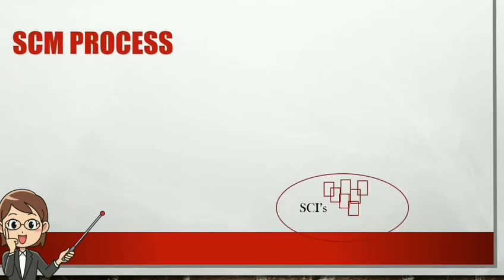The SCM process includes the SCM items, that is, software configuration items. Basically the SCM, that is the software configuration process, consists of a series of tasks to monitor and control the changes occurring. The main objectives of the tasks are to identify all individual items that collectively define the software configuration, and to manage the changes taking place in the various individual items.